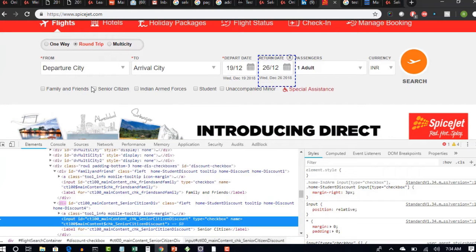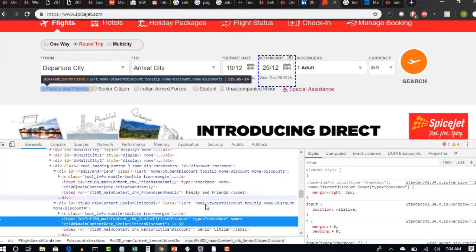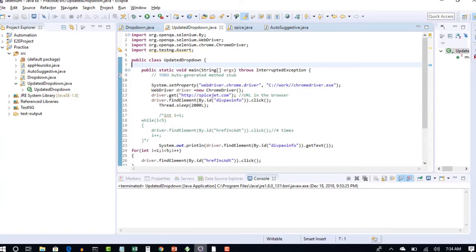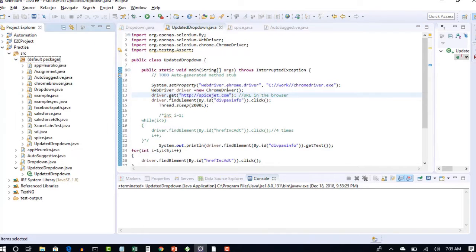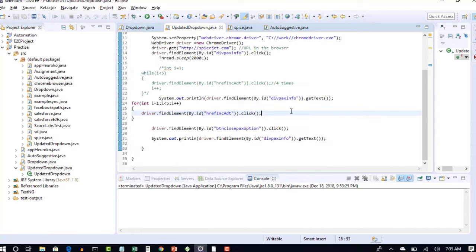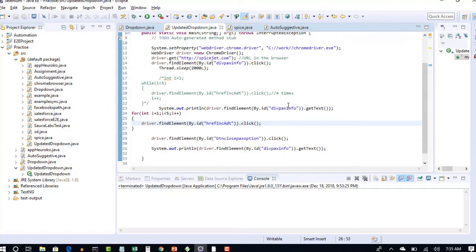Okay, so first I'll write one step to select this checkbox. Let's use this updated dropdown class which we have done earlier. I'll expand this class and complete end-to-end testing in the SpiceJet website. So this code belongs to dropdown, so let it be there.